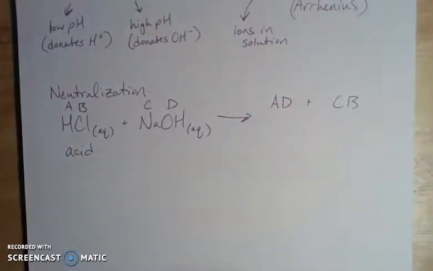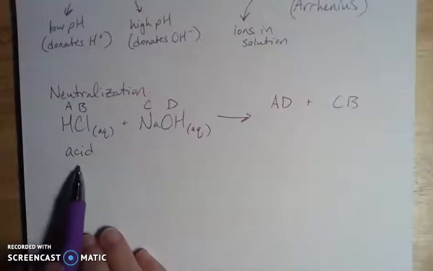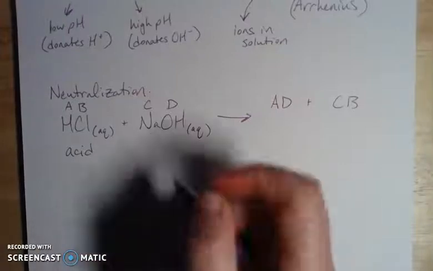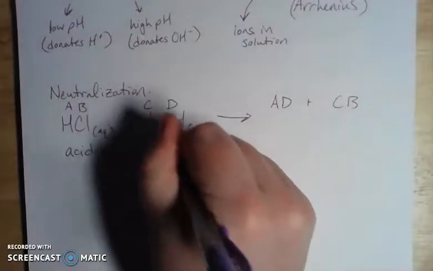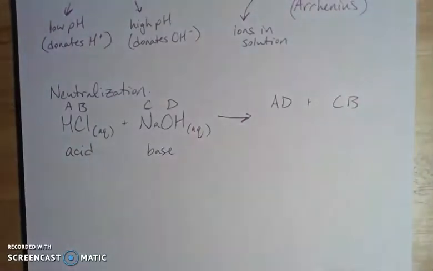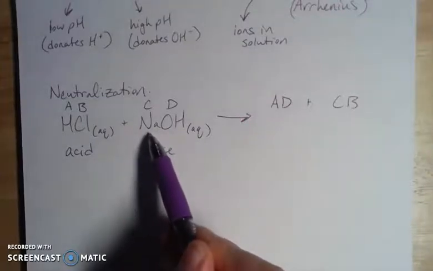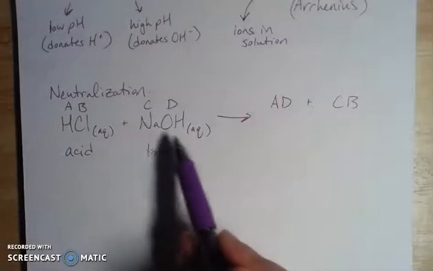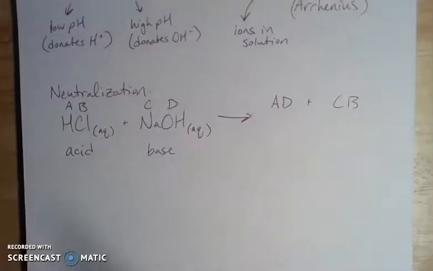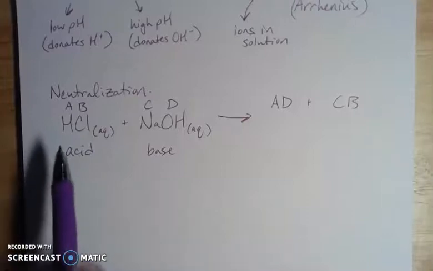Hydrochloric acid is one of the primary components in your stomach acid. And then sodium hydroxide is a base. And again, we'll get into definitions here of how and why we can recognize these things. One of the things you look at here is the hydroxide paired with a metal cation. If we have a metal cation with a hydroxide, that's going to be a base. If we have a compound that starts with a hydrogen here, it's going to be acidic, and you'll kind of